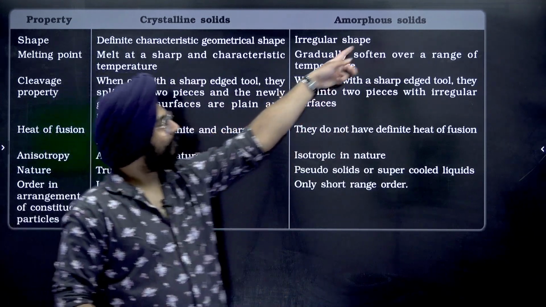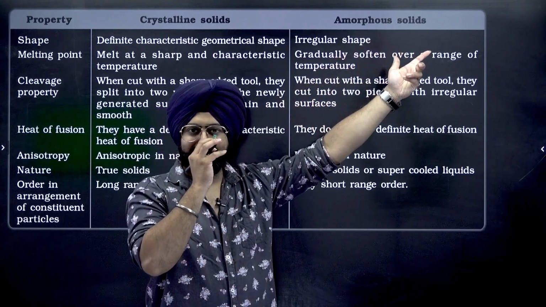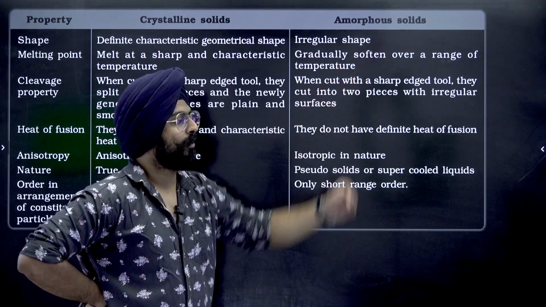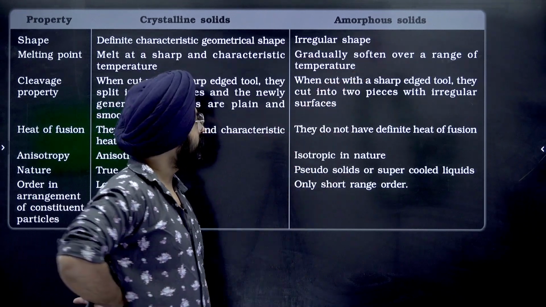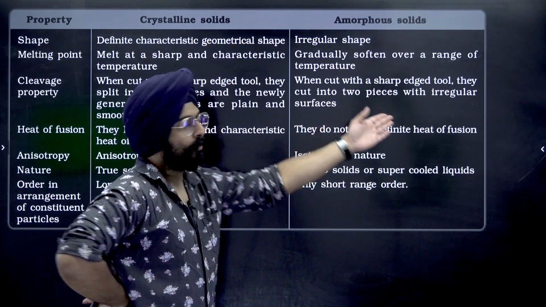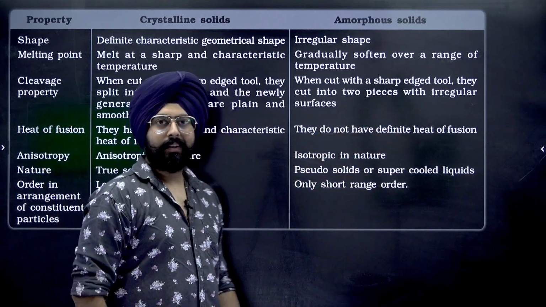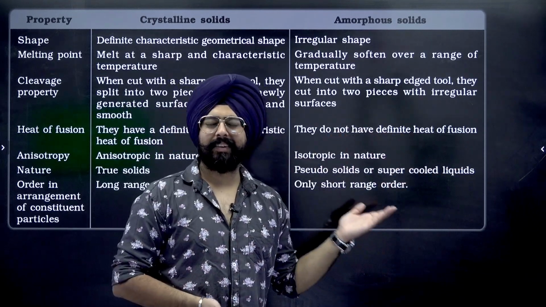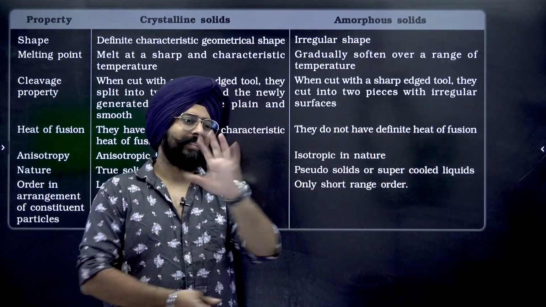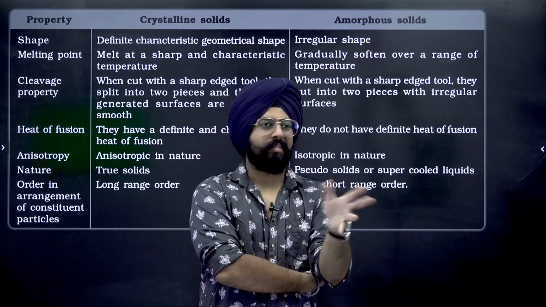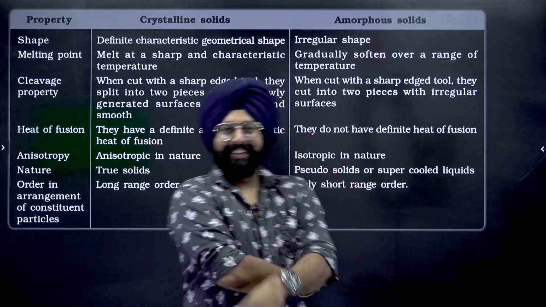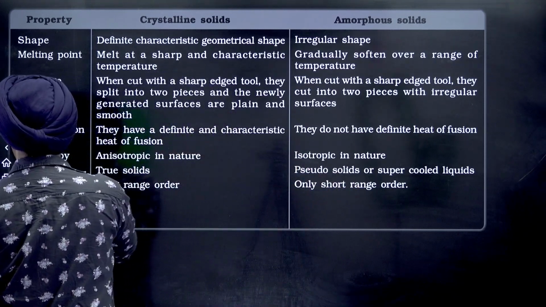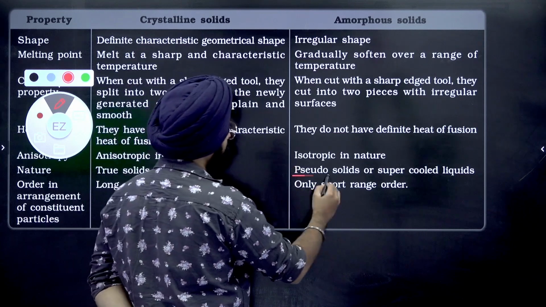But on the other hand, if you meet an amorphous solid, you'll be like, bro, what the hell? You have a very irregular shape. You don't even have a proper melting point. You melt over a range of temperatures. When I cut you with a tool, you're irregular. There's nothing definite about the amorphous solid. So then you're like, you're not a true solid, man. You're a fake solid. So it's just a figure of speech, pseudo solid. Pseudo is just a fancy word for fake.